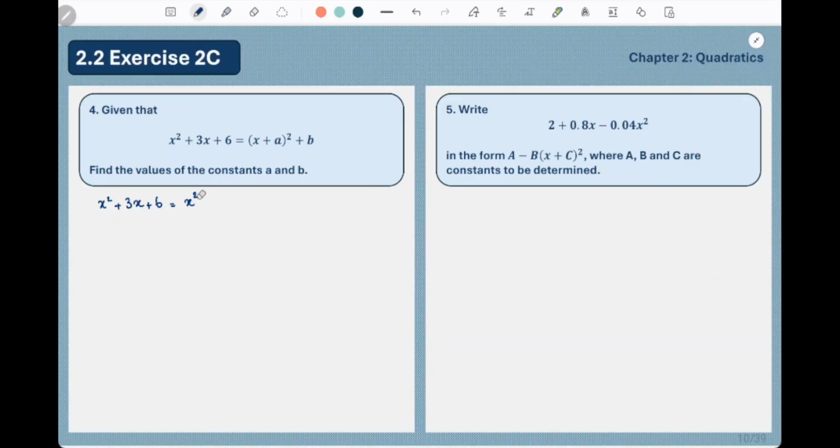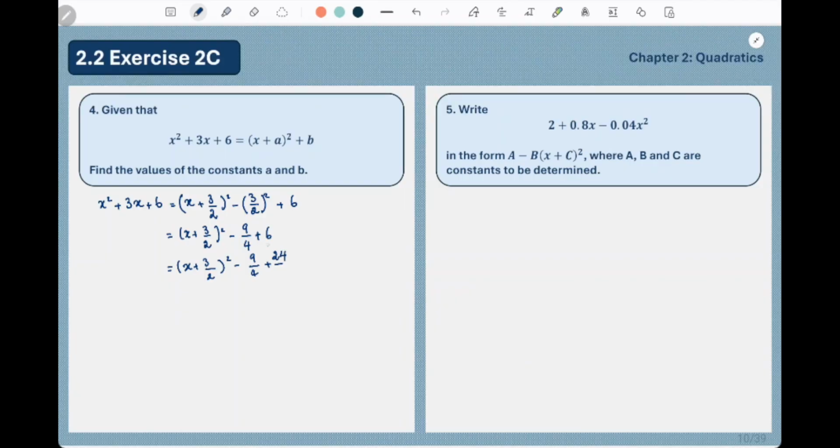So x plus 3 over 2. So my b in this case is, I need to minus 3 over 2 squared, plus 6, because this one is equivalent to this one, and 6 is on its own, okay? So x plus 3 over 2 squared minus 9 over 4 plus 6. So 6 minus 9 over 4,